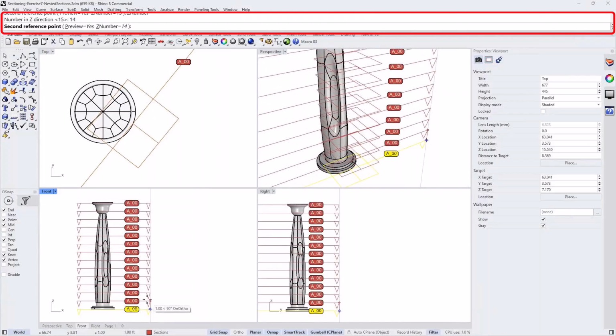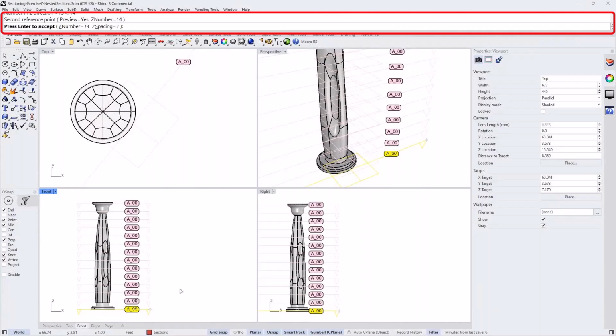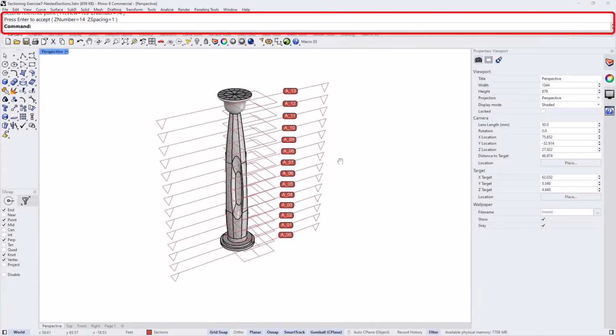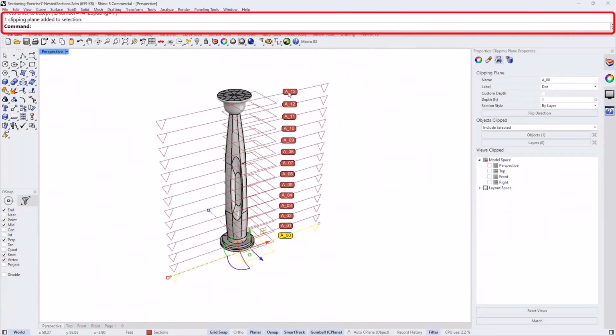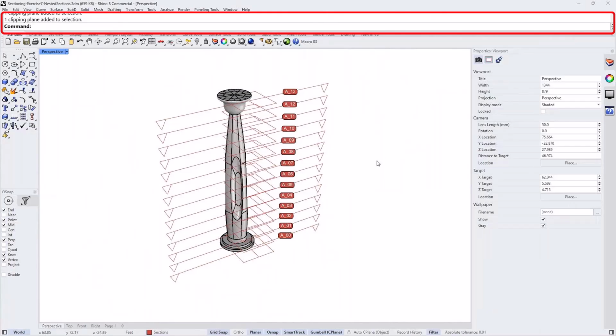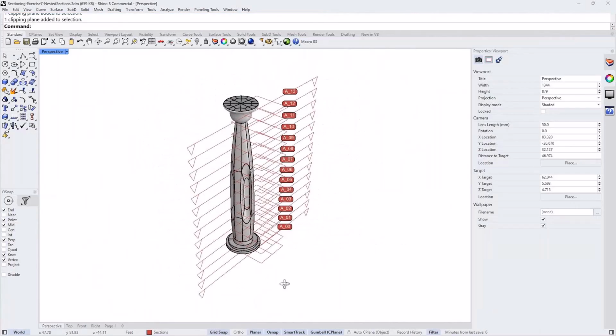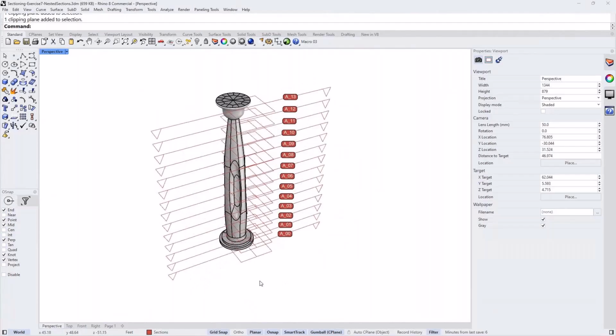And in a preview, you can see that I'm having 14 different sections. If I press enter, you see all the names have been updated here to have a unique label from A0 to A13. Right? Now that I have all these sections through my object, what I want to do to prep it for